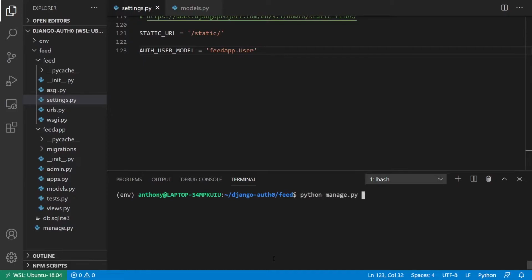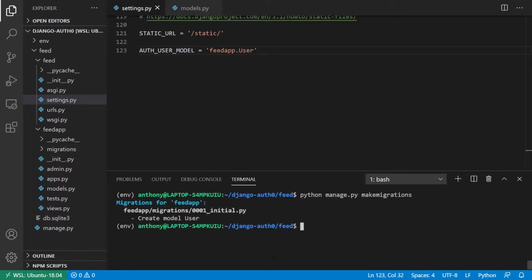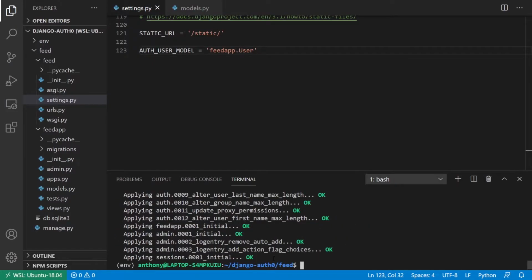So I'll make migrations. So python manage.py makemigrations. So I can pick up that new user model that I just created. And then I'll go ahead and migrate. So I can migrate all the tables that were given to me by default, plus the user model that I just created. So now that I have that, I'm going to use the Django admin, and I want to